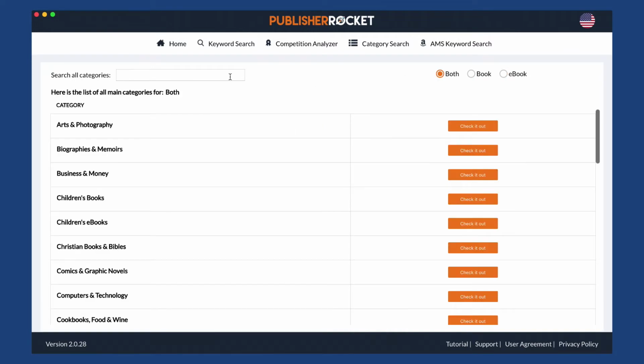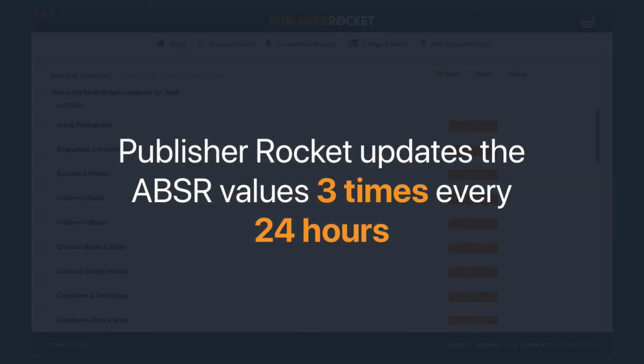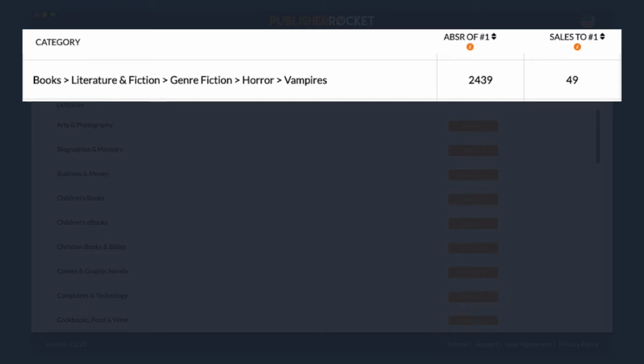Now, as many authors know, Amazon is an ever-changing system, and they update their ABSR values constantly. But the good news is that Rocket works to keep up with it and updates the ABSR values 3 times every 24 hours. Another thing to note about categories is that sometimes you'll see a category string in Publisher Rocket, but when you go to